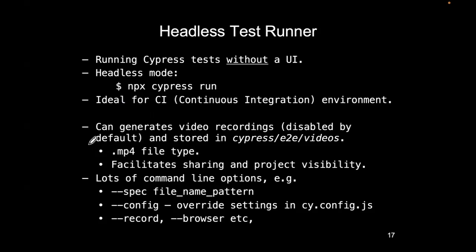This is particularly useful if you want to run your Cypress tests as part of a CI/CD pipeline, because when you're running them within a pipeline, you don't have any browser available to you. So to run the headless version of the test runner, this is the command that we type. And so if I do that,